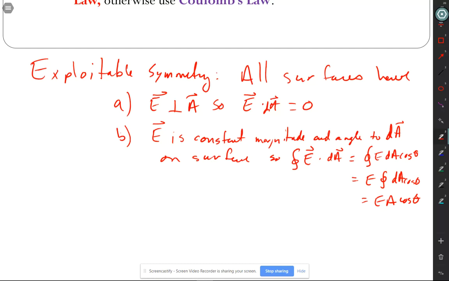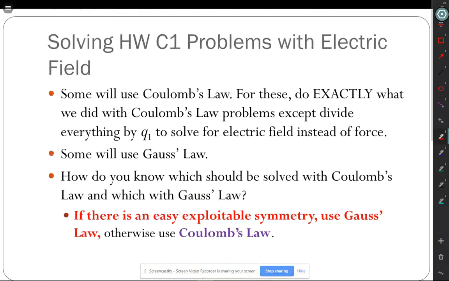There is one third option. The third option is if the electric field equals 0 at the surface. So if you have those situations, if you can make a shape that's going to fit those, then Gauss's law is going to be easier. If not, then Gauss's law is probably not easier and we will generally go toward Coulomb's law to solve it. So with those in mind,